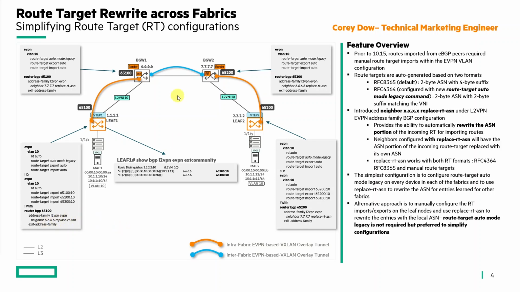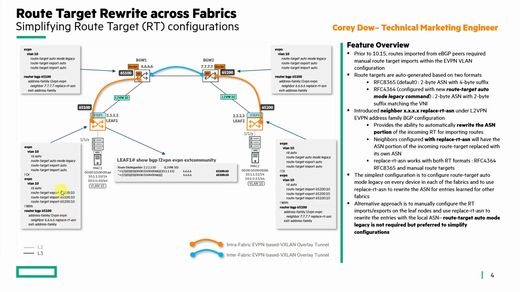So in this topology diagram, we have two fabrics. On the left-hand side, we see fabric 1 with ASN number 65100, and then fabric 2 on the right-hand side with ASN 65200. These two router IDs are connected using an eBGP tunnel as illustrated here with the blue icon. Prior to 10.15, the routes imported from the peers required manual route target imports within the EVPN VLAN configuration. You can see an example of the manual route target imports listed here. This is what will go away when we use the Auto Mode Legacy and replace RTASN features to simplify